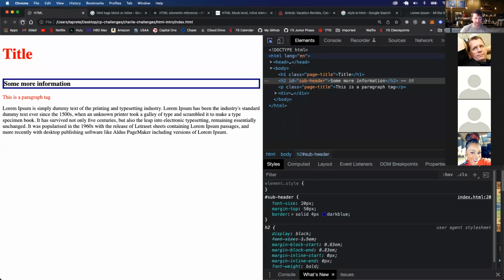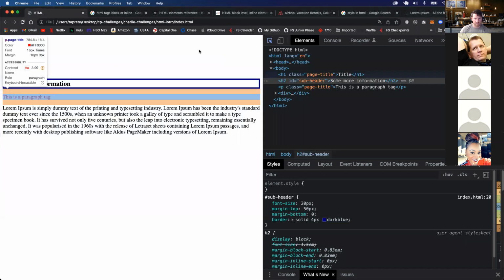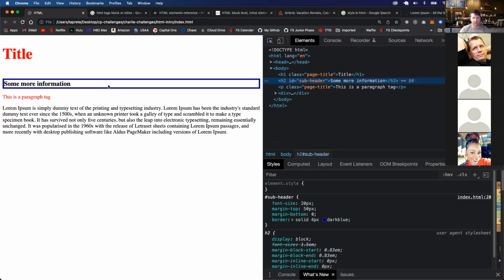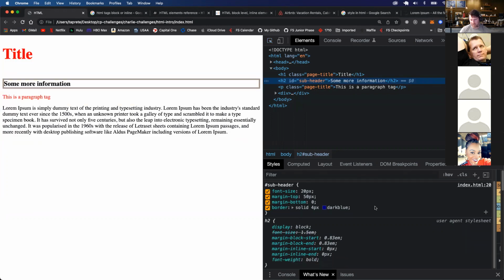I can refresh that. And now I can inspect that. And now you can see margin 50, margin left and right 0, margin bottom 0. If I click on that, and where is it? If I scroll down